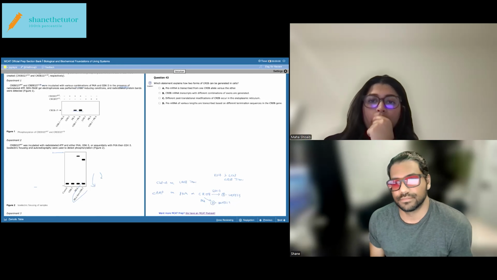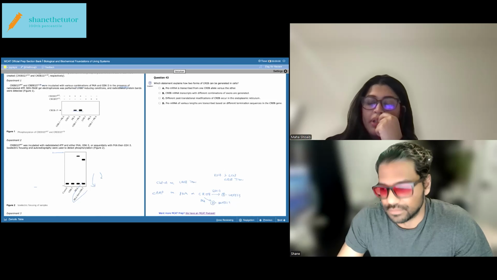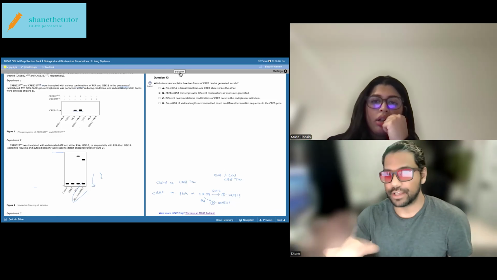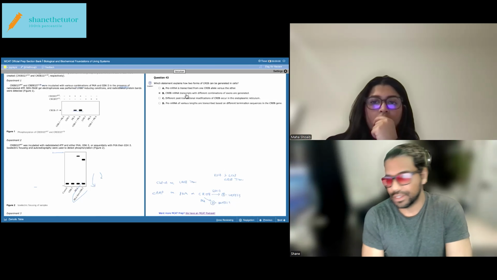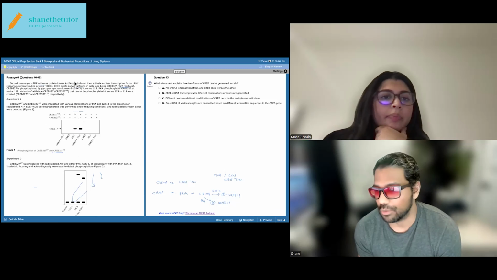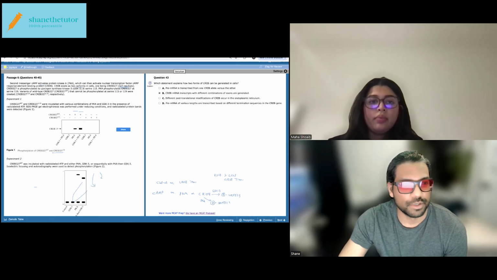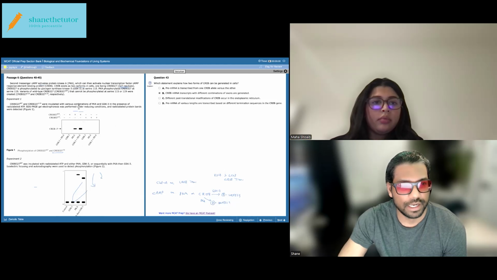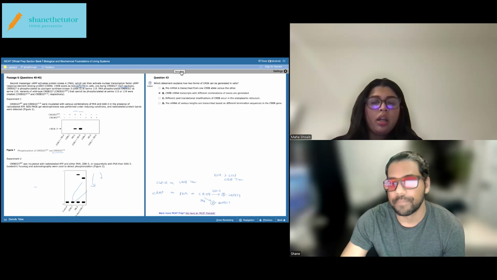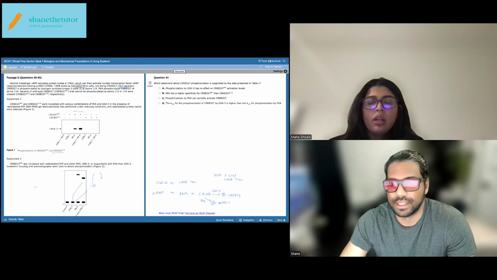Which statement explains how two forms of Krebs can be generated in the cell? So we talked about that too. You see how the buzzwords, when you read a passage, helped us figure out or predict what they were going to ask, right? So this is where I asked about isoforms. With splicing,